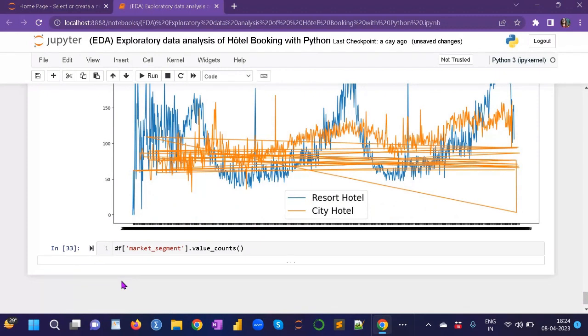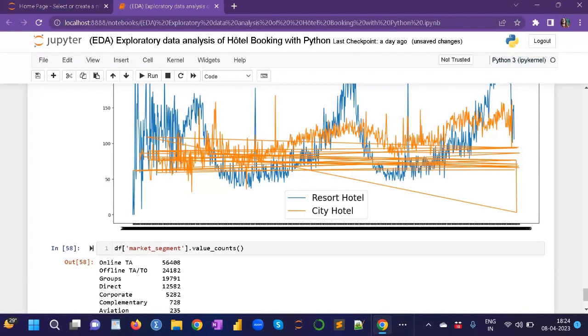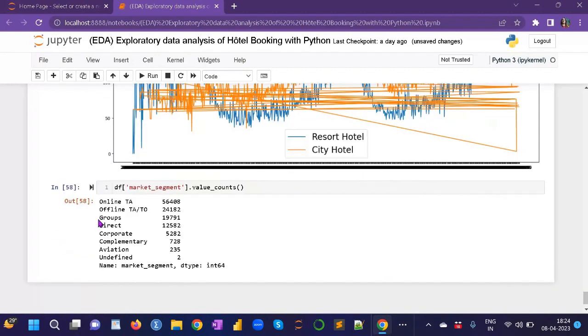Now I want to use the column market segment. The main point of market segment is to see how the long term marketing plan is working. So it shows online, offline, which is the key of any long term marketing plan, and groups, direct, corporate. So all these